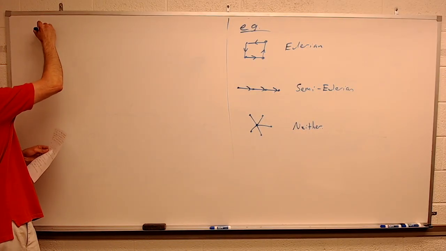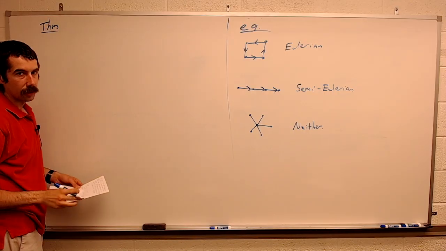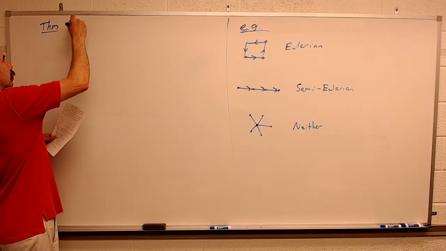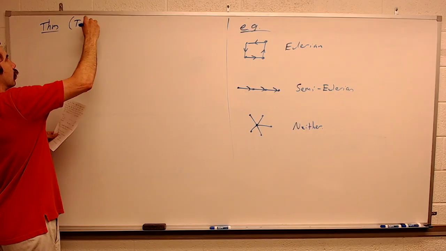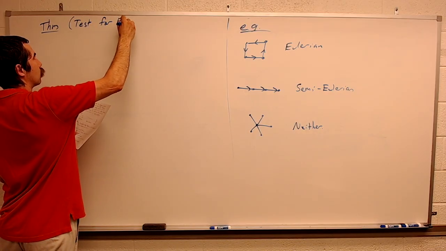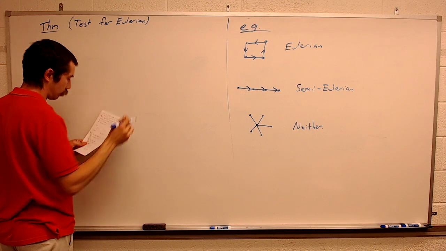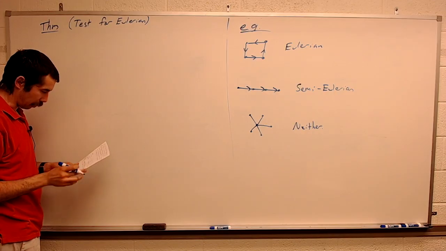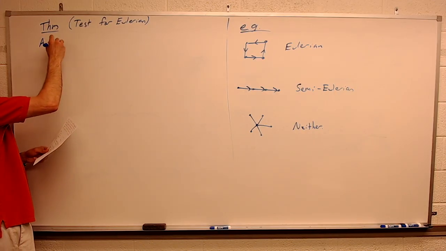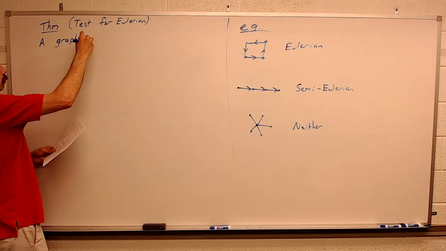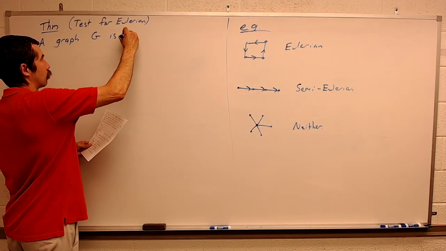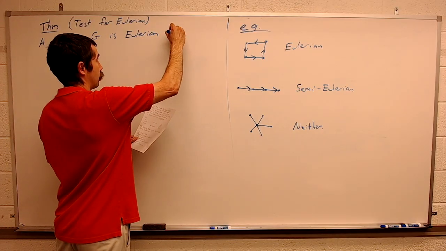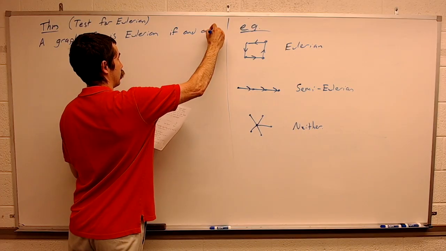All right, so this notation here, "thm," means theorem. It's like a mathematical fact. And this theorem is the test for Eulerian. It's very simple to check if a graph is Eulerian. The theorem says a graph G is Eulerian if and only if